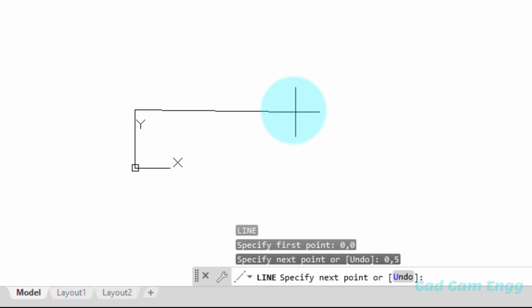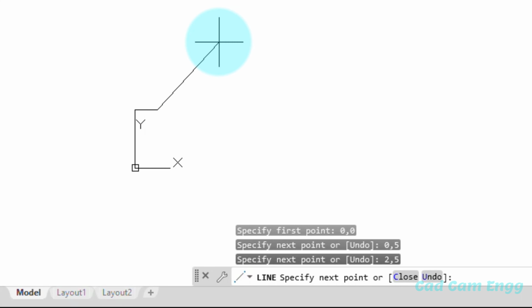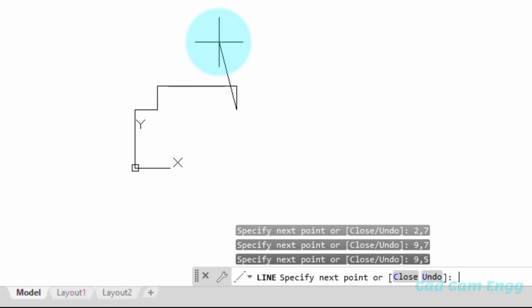Okay, like this. So point number 3, 2 comma 5. Point number 4, 2 comma 7. Point number 5, 9 comma 7. And point number 6, 9 comma 5. And point number 7, 11 comma 5.